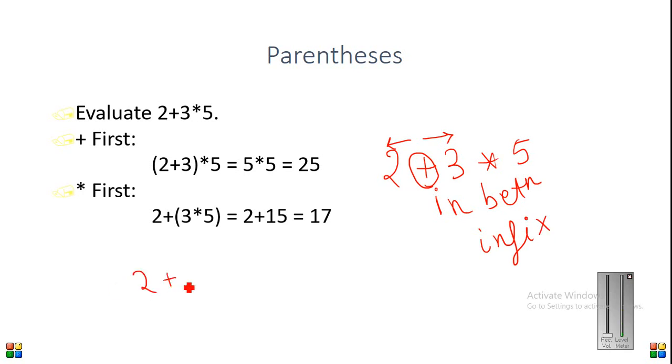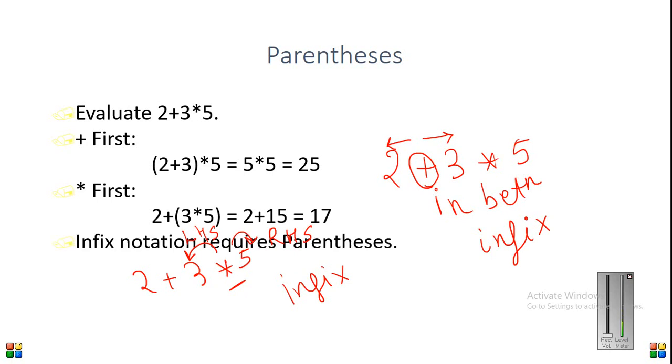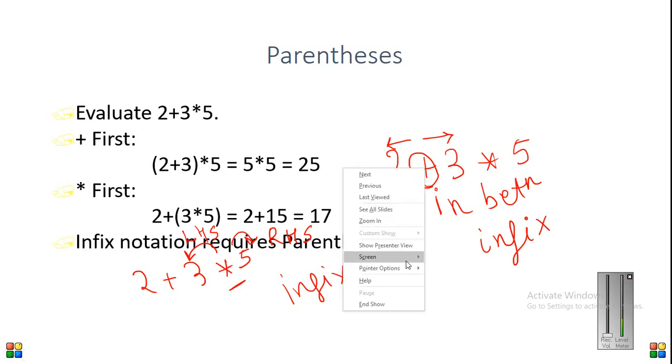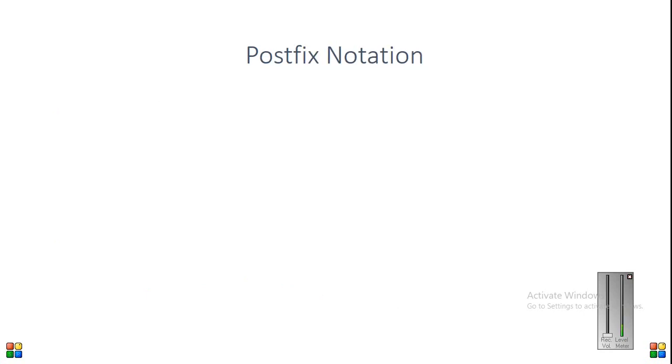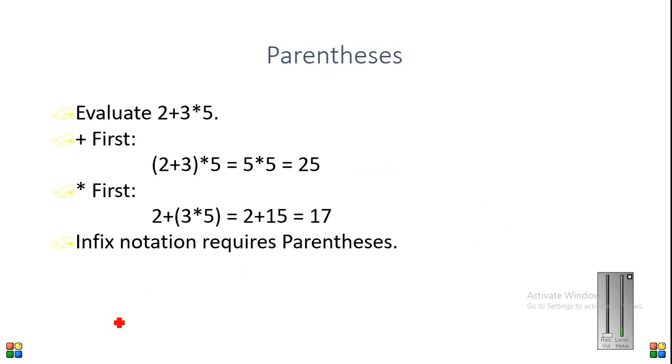Similarly, (2 plus 3) multiplied by 5, you can see to the operator there is something on the left hand side and there is something on the right hand side. So again an infix operation. Okay, we will look more into infix, prefix, postfix. So the point here was, we need to use parentheses so that we make the expression unambiguous, right? So this is an important point here.